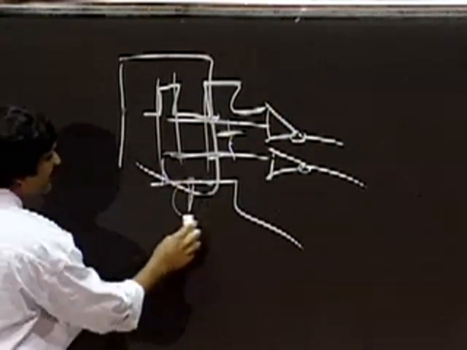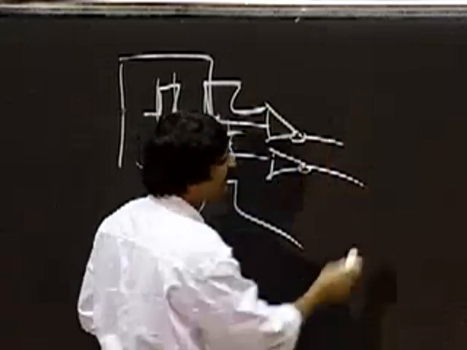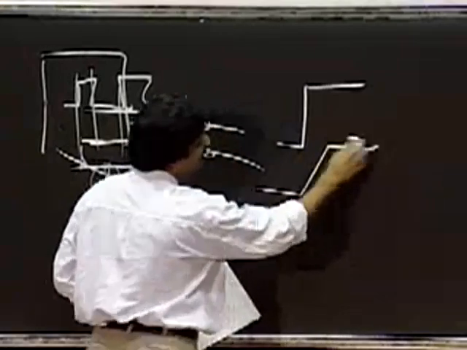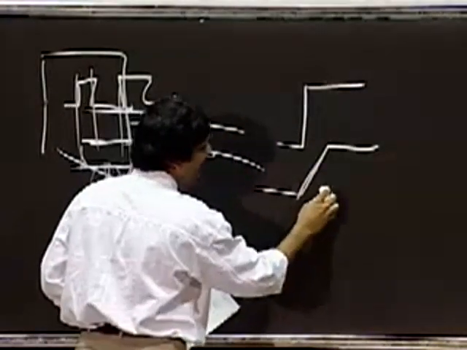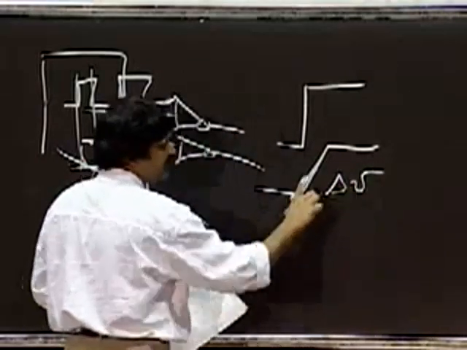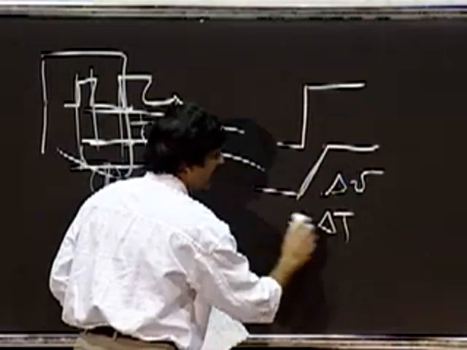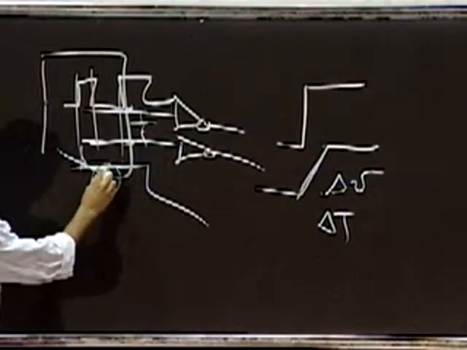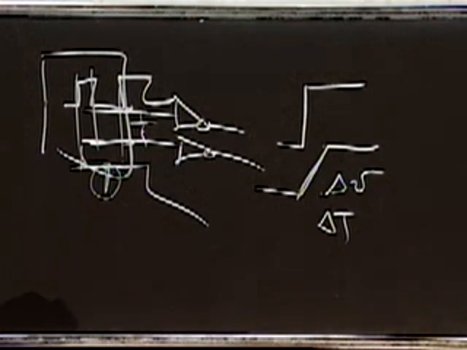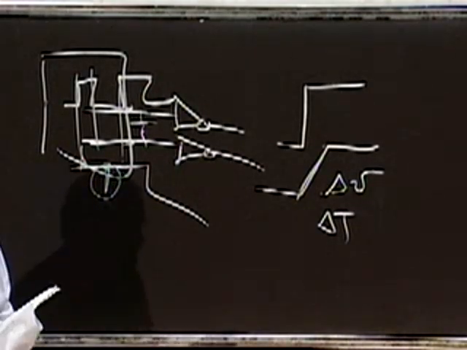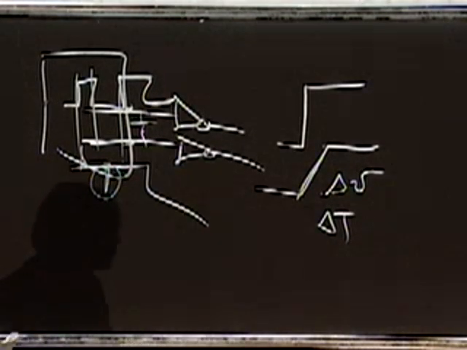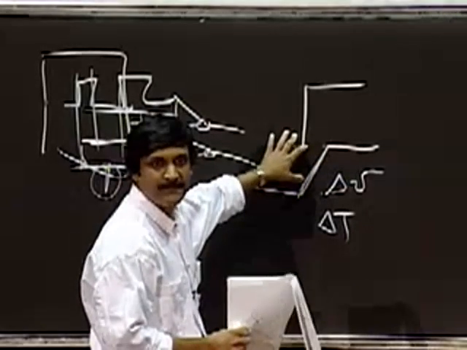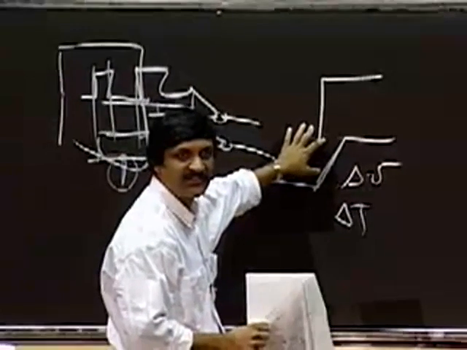To eliminate this, much like with the inductance system, rather than having sharp transitions on this pin, if you have smooth transitions that look like this, then you spread delta V from here to here over a longer delta T. Delta T becomes longer, and because of that you get much better behavior, and you don't get these spikes. Therefore, if you want to build really, really fast circuits, you have to be really careful. You can build fast circuits, but watch out for those fast edges. Fast edges are nasty. They kill you. That's something to remember as you build the next generation of circuits.